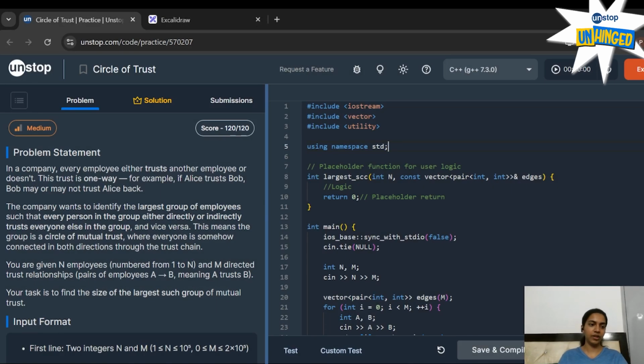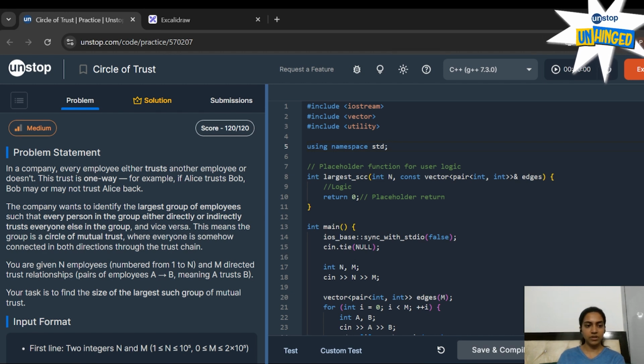Hello everyone. Today we are going to solve another question on practice, that is Circle of Trust. Now the question states that in a company every employee either trusts another employee or doesn't. This trust is one way. For example, if Alice trusts Bob, Bob may or may not trust Alice back. The company wants to identify the largest group of employees such that every person in the group either directly or indirectly trusts everyone else in the group and vice versa.